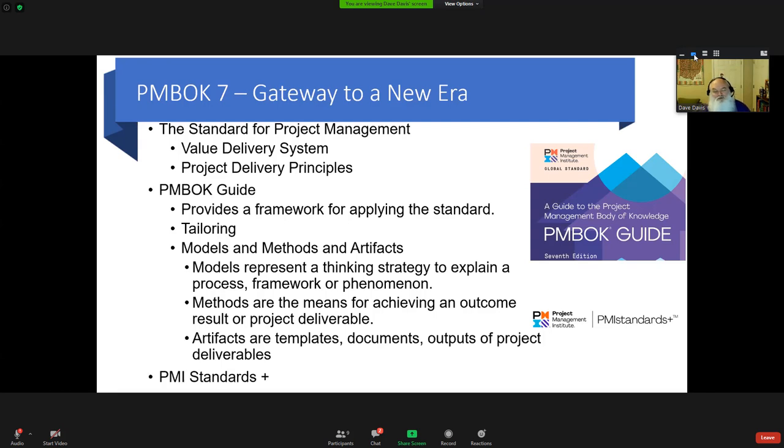And then there's going to be this third part called PMI Standards Plus, which is really the digital experience, moving a lot of knowledge into a structured, query-enabled environment to help you better understand these different components of the PMBOK Guide and the standard, and also keep some of that history. I mean, if you're a huge fan of the previous procurement knowledge area within the PMBOK Guide 6.0, it's not going away. It's still going to be there. It's still going to be available. On to the next piece.